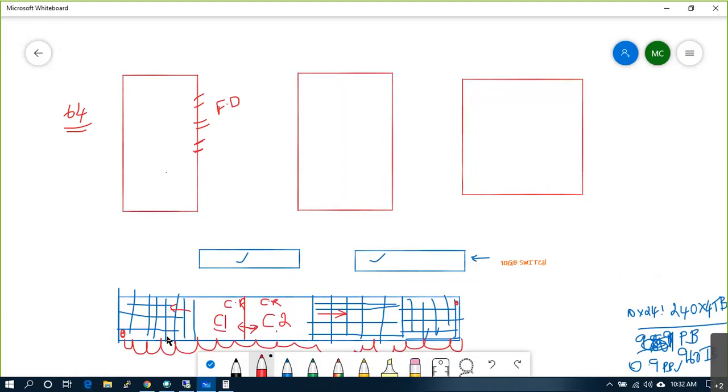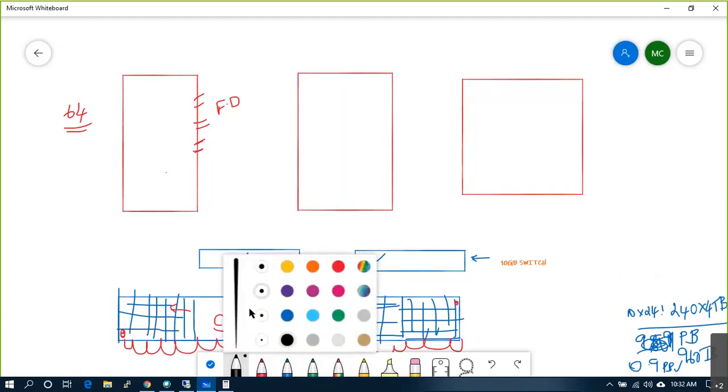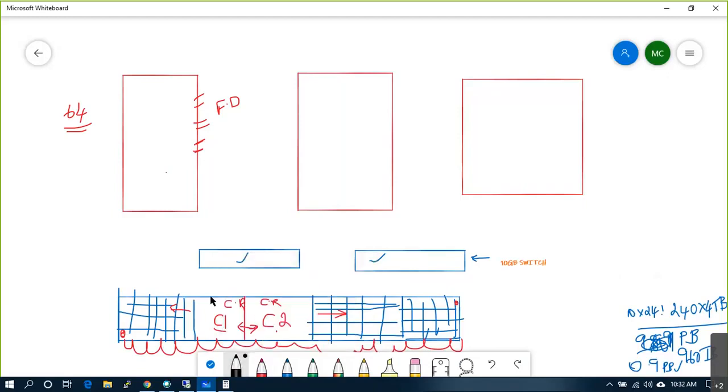Okay, leave that part. So what we will do is pick two cables from controller 1 like this. Also from controller 2 you will pick two cables, one cable here, another cable here.